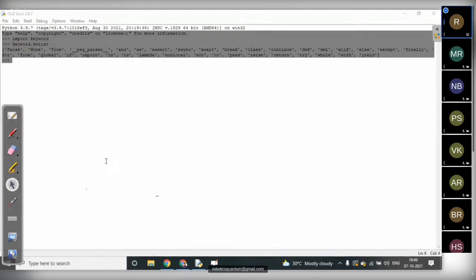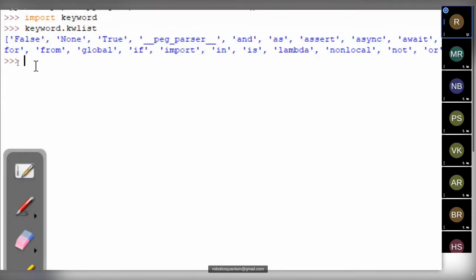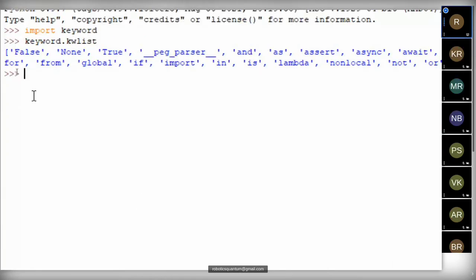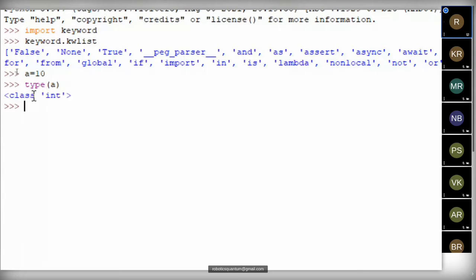I'm going to perform some operations on this one. So what are the data types we discussed now? We're going to apply some of the operations on this one. If I try to declare a variable using a data type, in general, declaring a variable a equal 10 is correct. When you check the type of a, type is a function which gives the data type name. Here the type is integer. When we assign the value 10, a becomes an integer type.